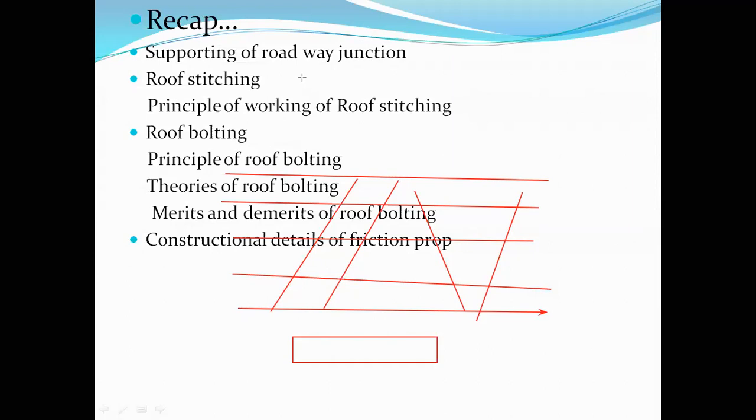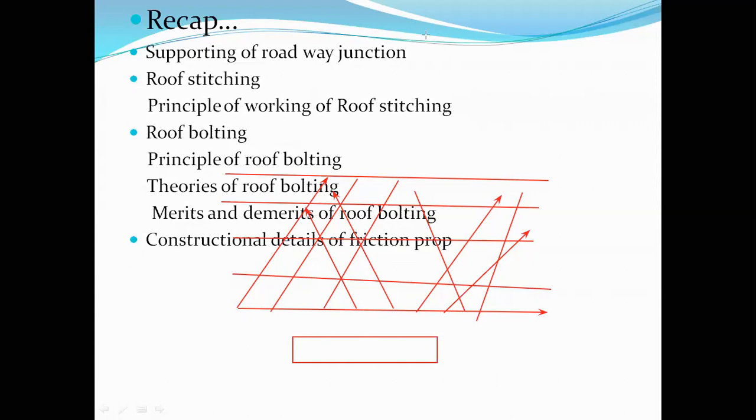So for that purpose, we will be providing a support like this. They are called the bolts. So in keying theory, the roof bolts are installed in such a way that whatever the discontinuities or the joints that are present in the above layers of the strata, we need to restrict the movement of strata between those layers. So for that purpose, we are keying all these layers together by installing a roof bolt against those weak planes. So this principle is called keying theory.